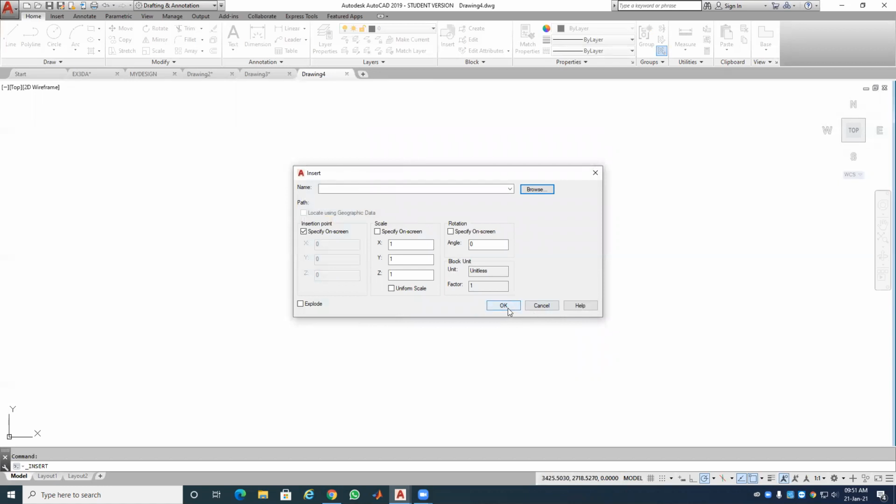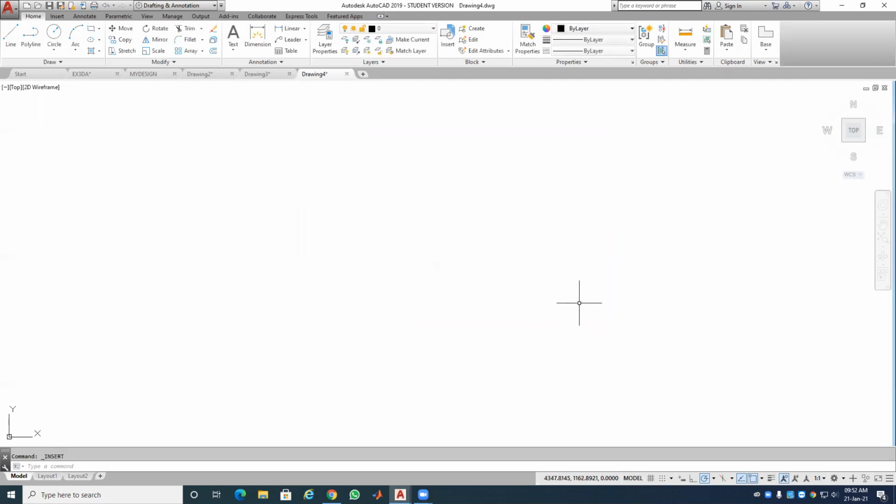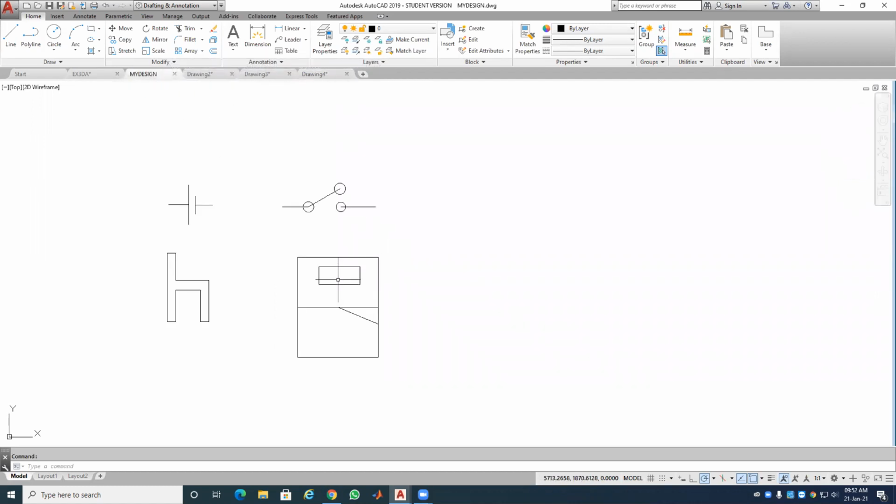I'm going to cancel that. So what I can do is a few things. Maybe I can go back to my design and say, instead of a block that I can use only within this file,